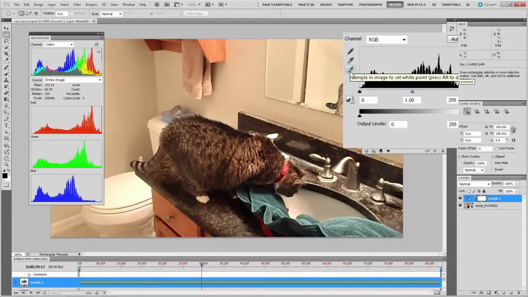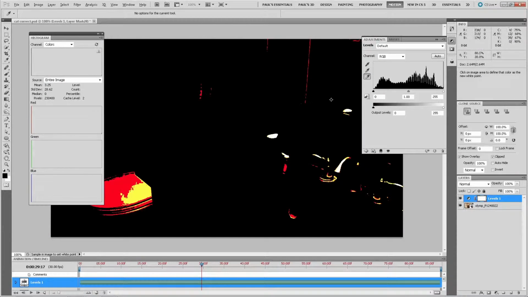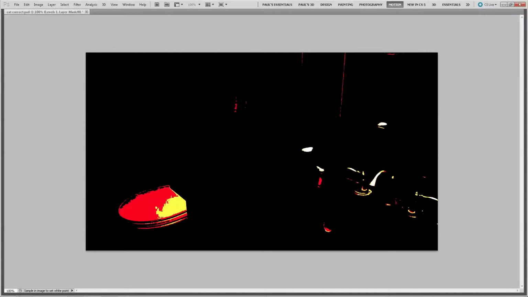We will start with the white point. Now we've clicked on the eyedropper. Now hold down the Alt key, Option key on a Mac, and we get a view of the picture. Now let's hit that Tab button again so we can see the whole picture. What we see are the areas closest to white.